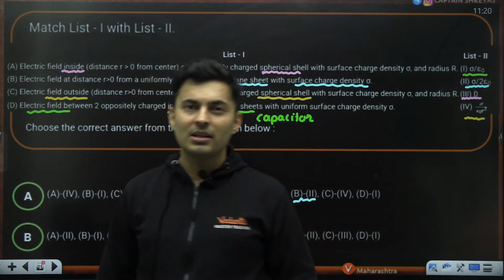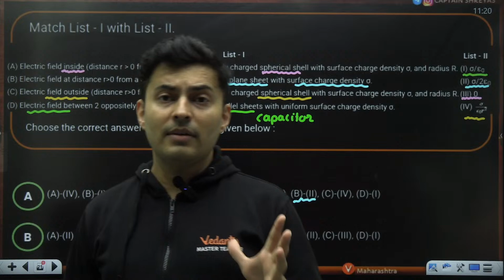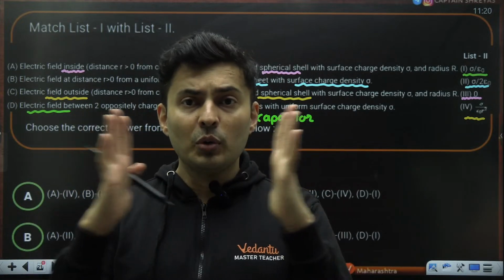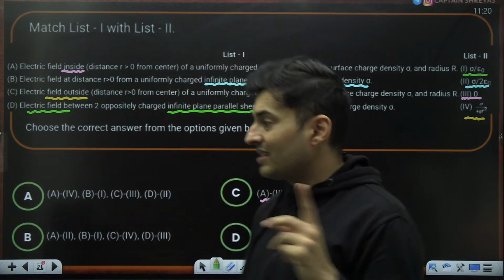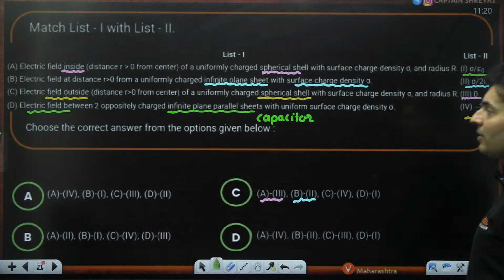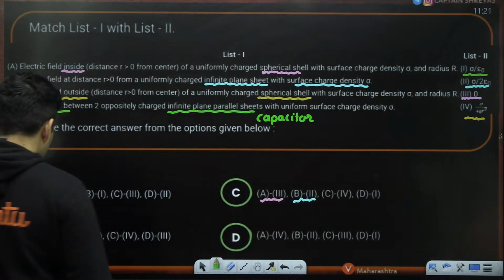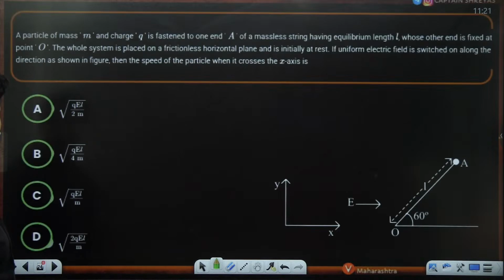If you remember the field derivations, the derivation of parallel plate capacitor, or the force between the two plates of a capacitor, those things, if you remember, you will be able to answer that fourth one. Yeah, the D1. Okay. So that is the answer. Moving on to the next one.